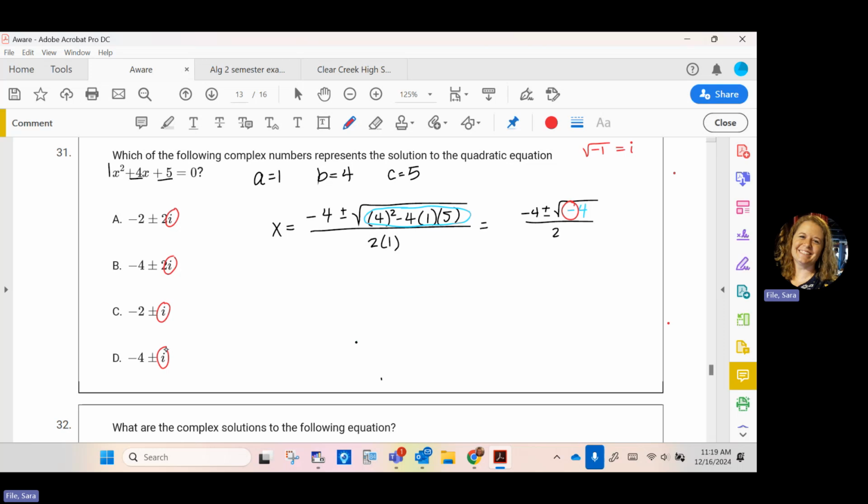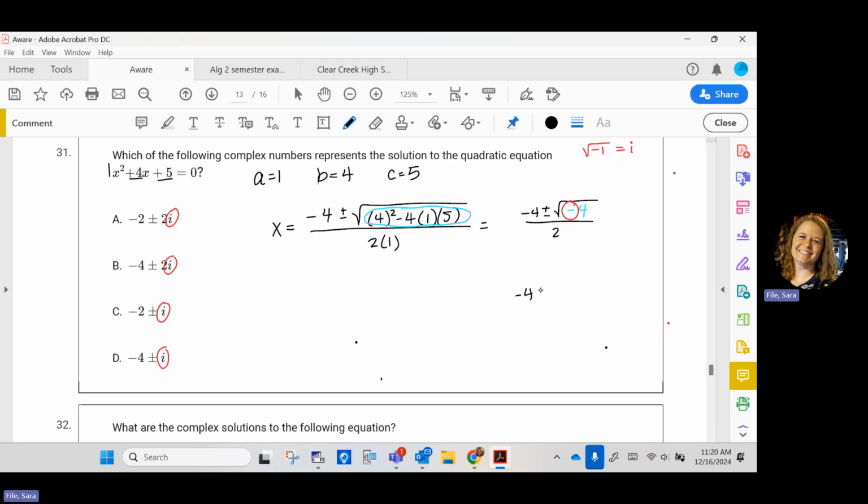So our answer choice definitely needs to have an i in it, which all of these do, so I can't eliminate any that way. And on our last test, we could eliminate like half the answer choices on some of them because some of the answer choices had i and some didn't. But on this one, they all have an i, so I can't eliminate those yet. But I can rewrite this